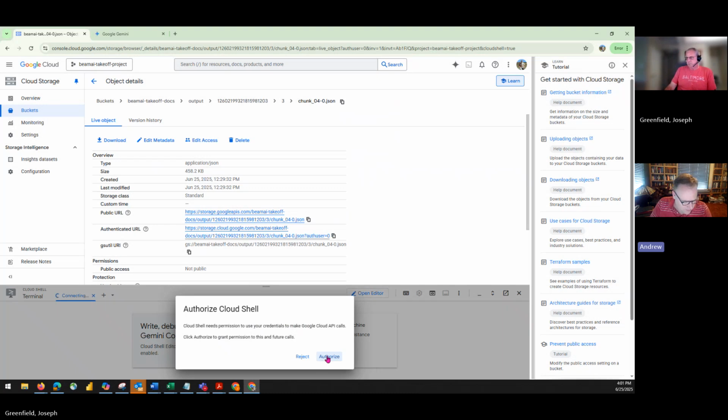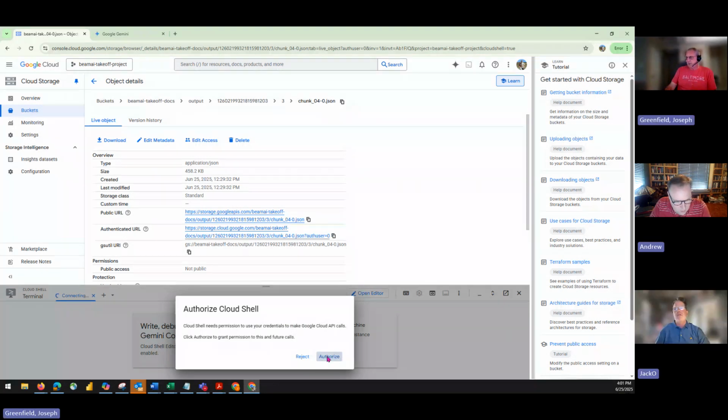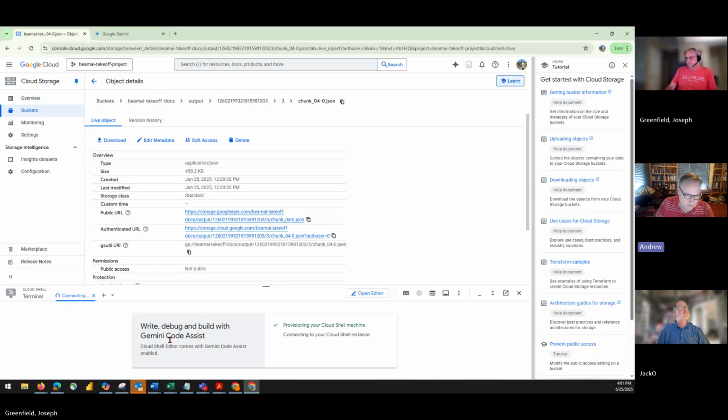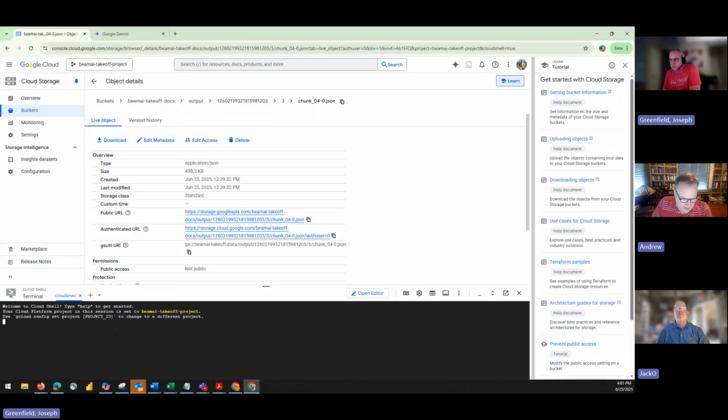No worries. Authorize it. Do all the fun stuff. We're going to build a whole new application from scratch. So that's what's going to happen here. Make it bigger. For the next 20 minutes,